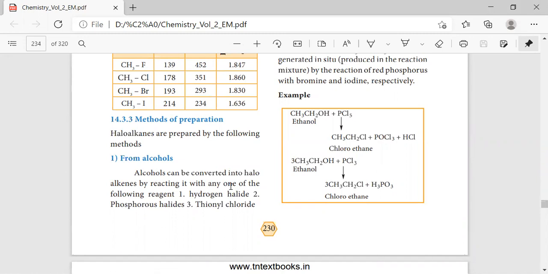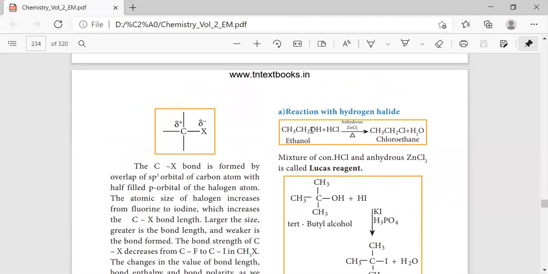First we have to convert the alcohol into haloalkane. Okay, so haloalkane இருந்து from double bond we have to convert to the single bond, that is the alkane group. So alkene ல இருந்து alkane convert பண்ணணும் first. Next step வந்து actually இது எப்படி நடக்கும் அப்படின்னு பாத்தீங்கன்னா with the reagent like hydrogen halide, phosphorus halide, thionyl chloride. Okay, so இந்த reagent மூலமா நம்ம alcohol alkene convert பண்ணிட்டு then we have to convert it to alkane, haloalkane.